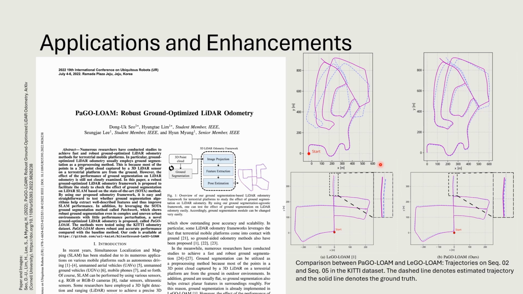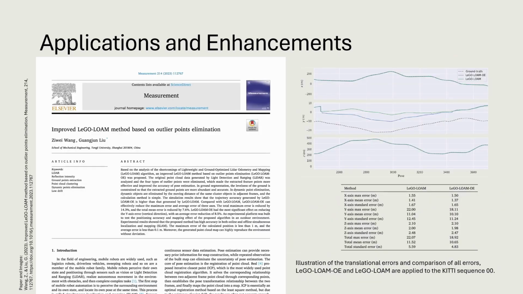Both the translation and rotational errors are reduced when applying PAGO-LOAM instead of LeGO-LOAM on sequence 2 of the KITTI dataset. In the other sequences, here sequence 5 is depicted, only small or no significant optimizations were caused by using PAGO-LOAM instead of LeGO-LOAM. A group from the School of Mechanical Engineering Shanghai developed an improved LeGO-LOAM method based on outlier points